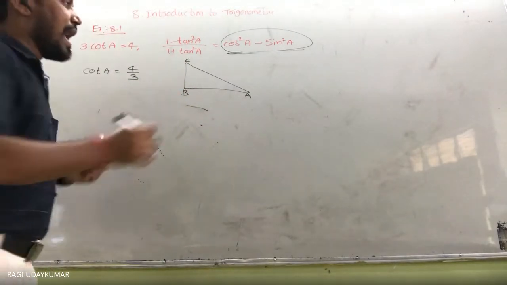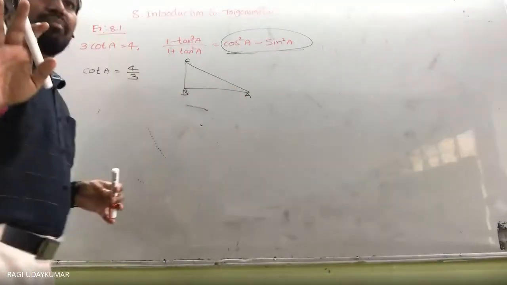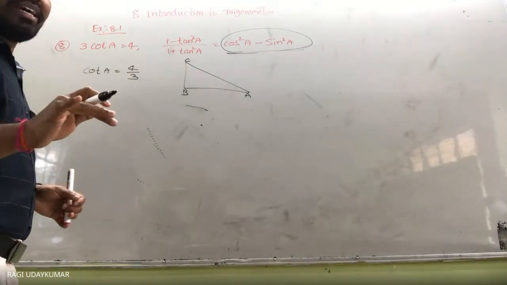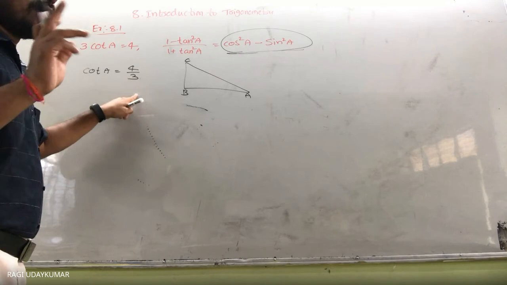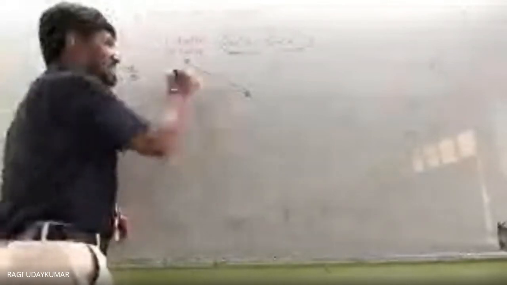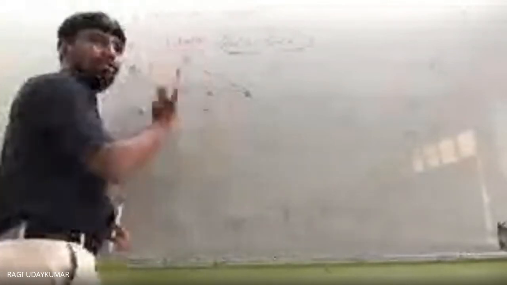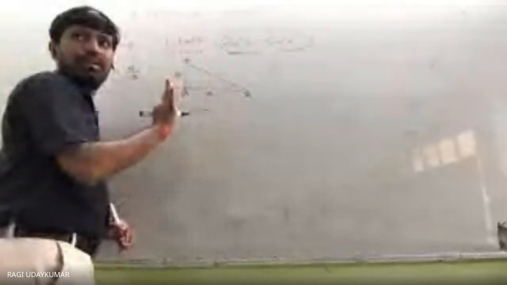Okay. The angle is this. I'm explaining in short form. Normally what to do here? As per this, cot A is equal to 4 by 3. Cot is adjacent by opposite, AB by BC. AB by BC equal to 4 by 3. AB equal to 4x, BC equal to 3x, I should originally write 4x and 3x, but I am writing directly 4 and 3. Understood? Then 3 and 4 makes this 5.